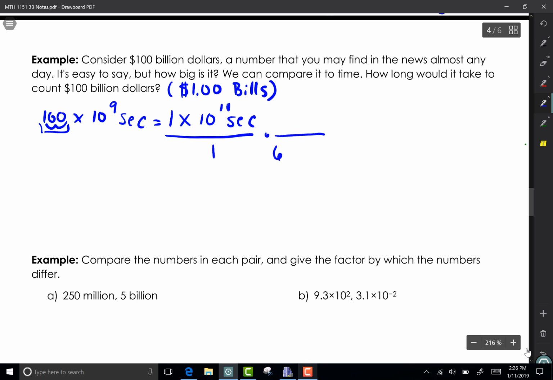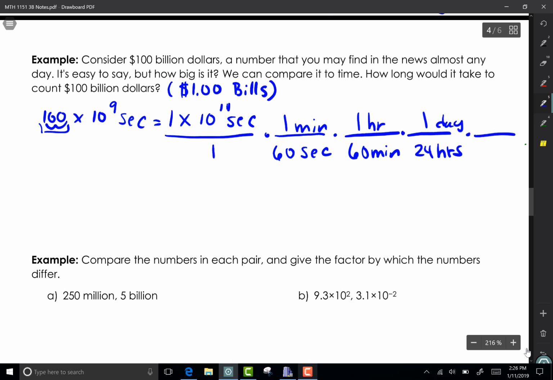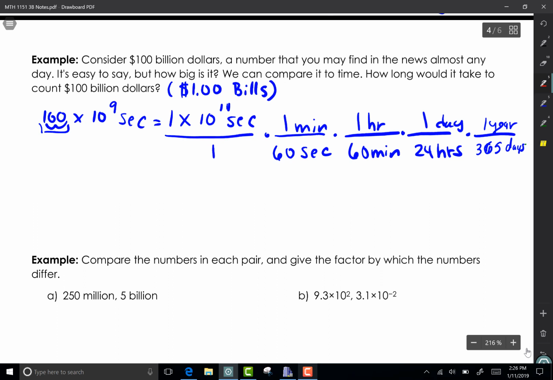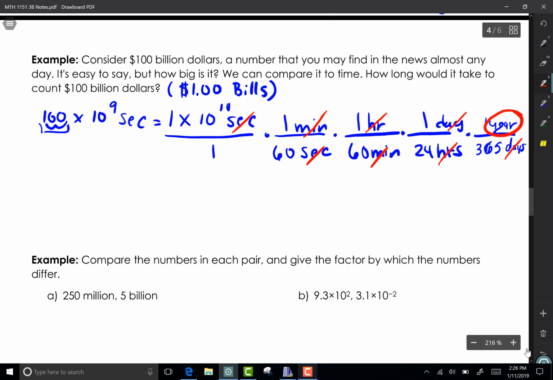So I know that there are 60 seconds in 1 minute. There's 60 minutes in 1 hour. There are 24 hours in 1 day. And there's 365 days in 1 year. So now I've set it up so I can cross off my days, my hours, my minutes, and my seconds, and I'm left with how long in years this would take me to